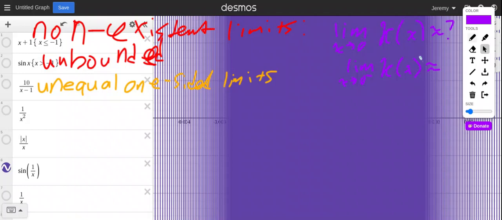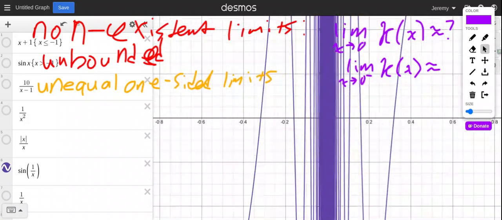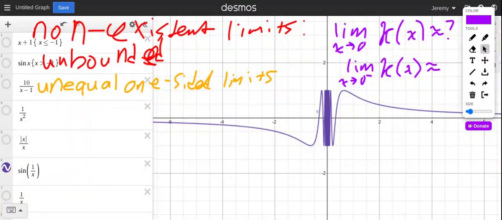The limit doesn't actually seem to be approaching anything because, well, what is it approaching? It keeps going up and down, up and down, but it doesn't seem to be going to one specific value. It seems like it's always going between -1 and 1, but it doesn't converge to a specific value. So this is a pretty rare example of a non-existent limit. So you would say that the limit does not exist,